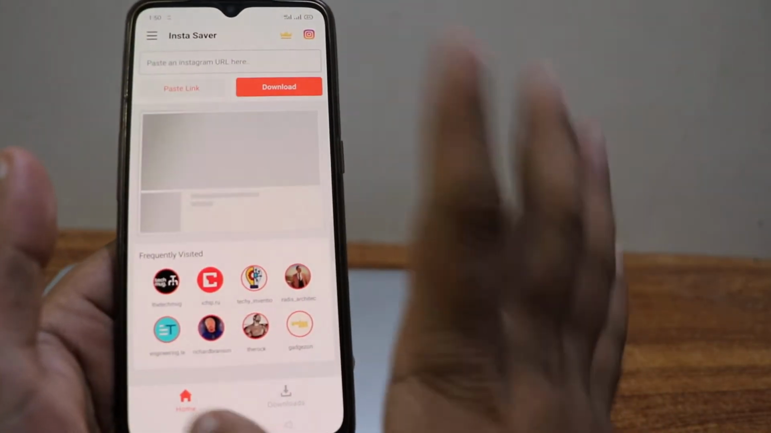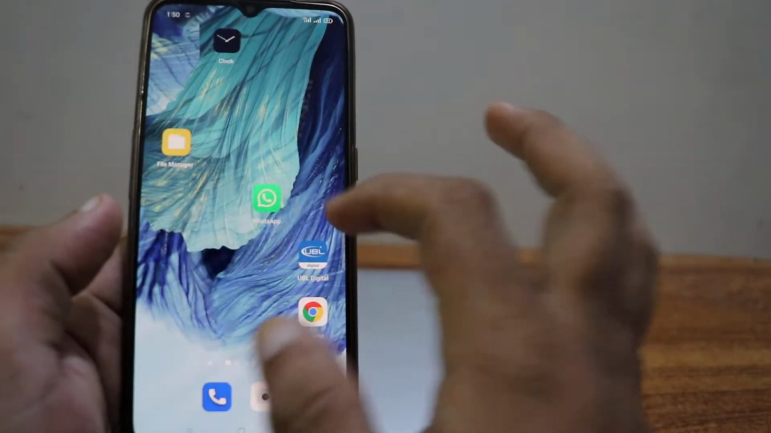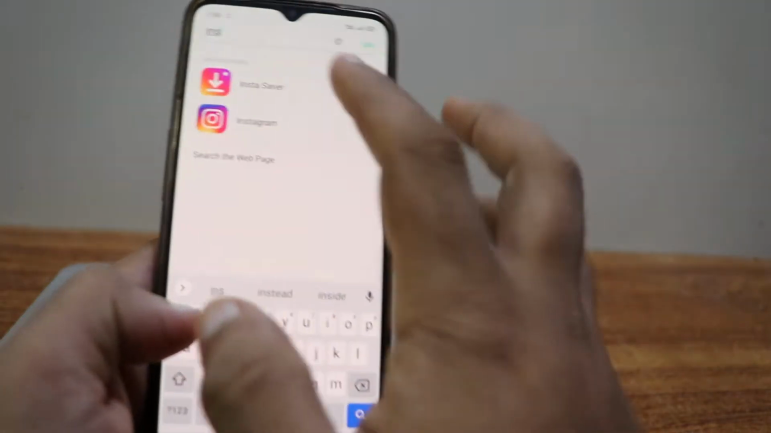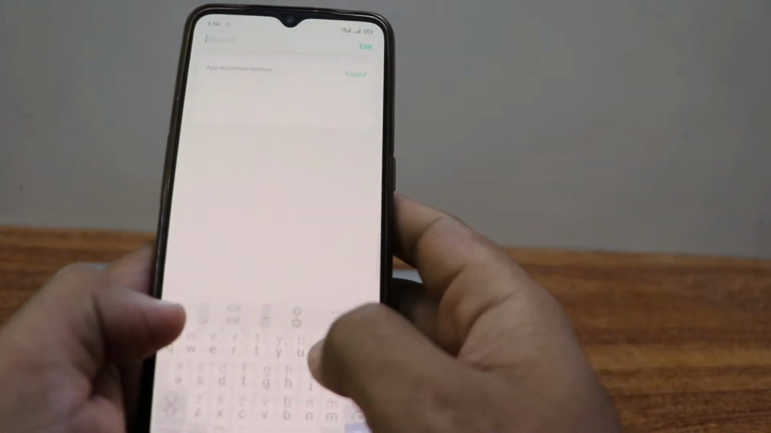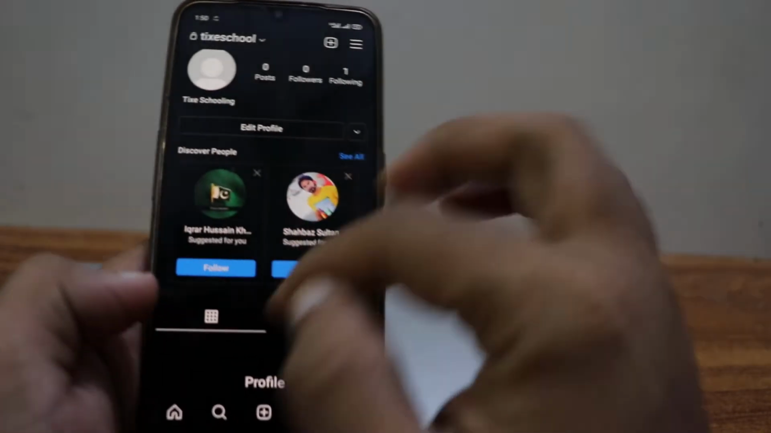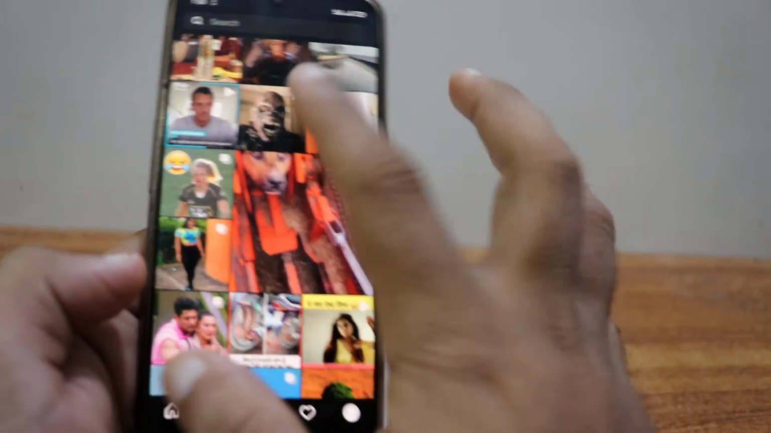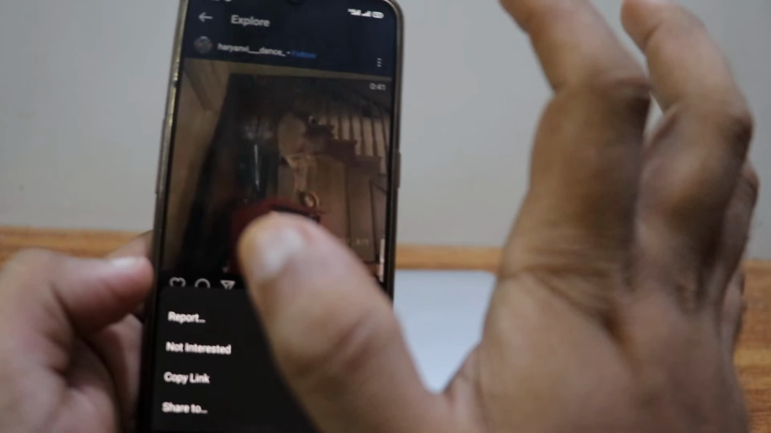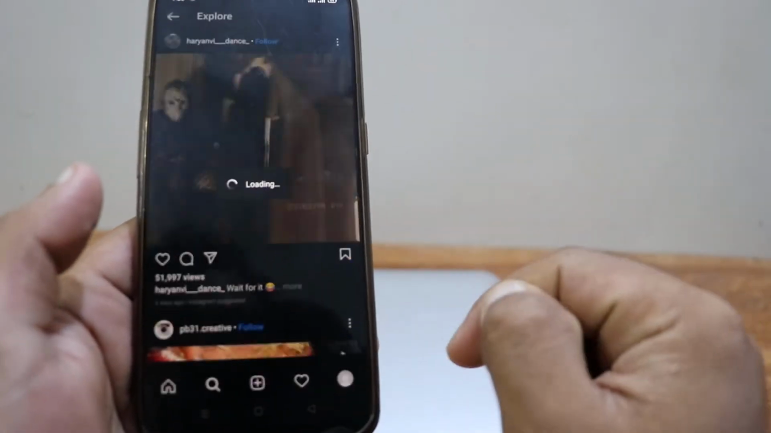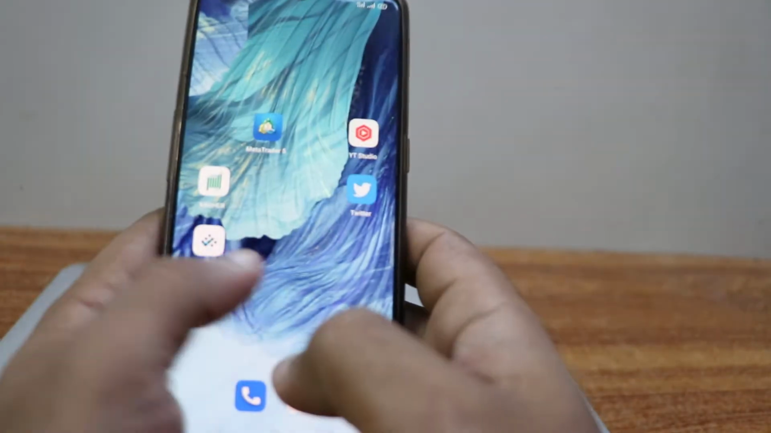When you're on here, just leave it as it is. Go back and open the Instagram. Open up the Instagram first. So I'll give you a demo of how you can do it. So I'm gonna get a video. What you have to do now, click on this three dots, copy the link, and get back and go to